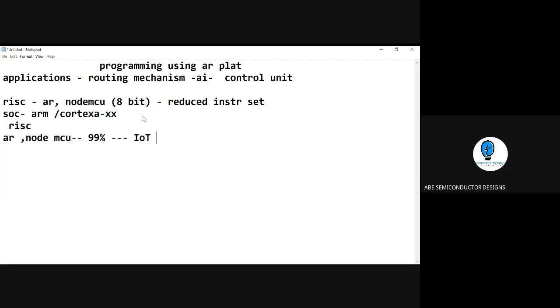Second, we just have a look at ARM Cortex. We talked more about the NVIDIA Jetson Nano and others. That is another category where we have an OS and everything. This doesn't require an OS, just direct programming on the board. Now, what we are going to do is see why we chose an Arduino.